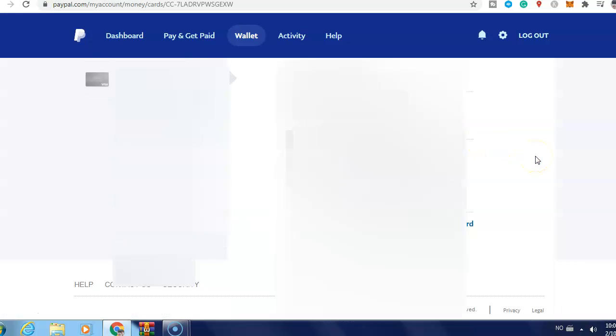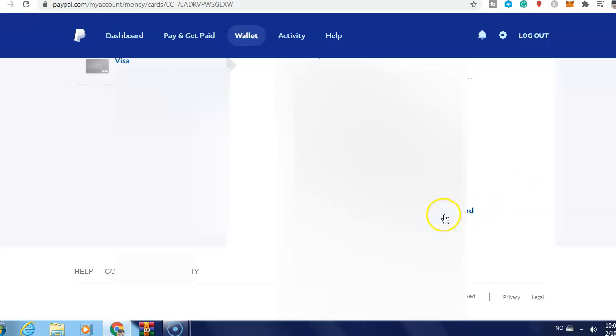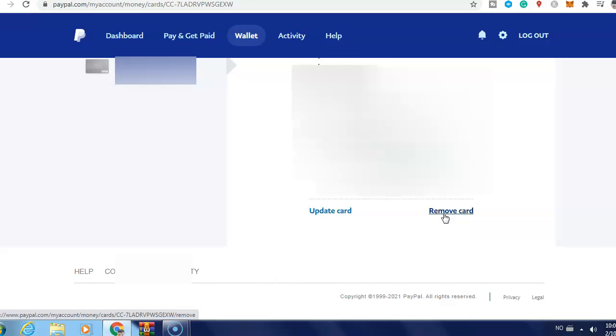After that, when you scroll down, you will see here remove card. Just click remove card. This is what you need to do if you want to delete your bank account or